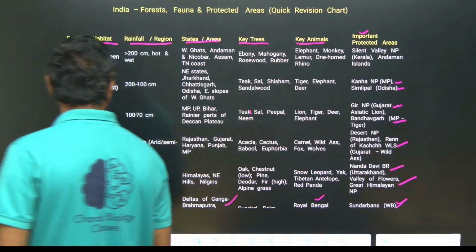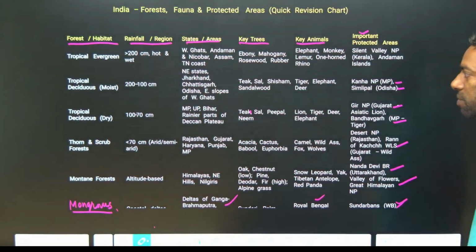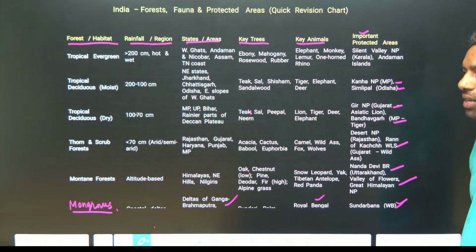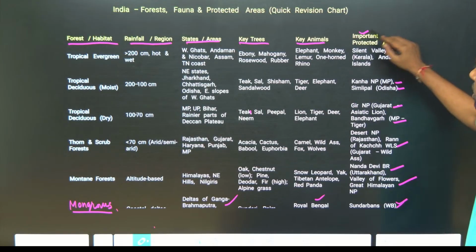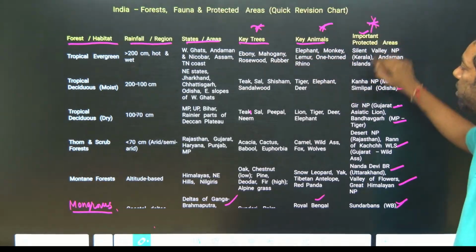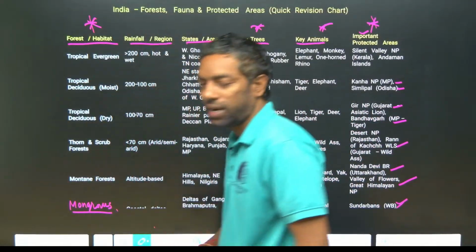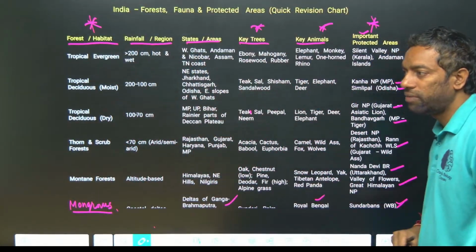Guys, this is the most important slide for the coming exam. Just take a screenshot and look here. This is important, this is important. The name, forest and habitat are most important. Just go through it once, that is enough.